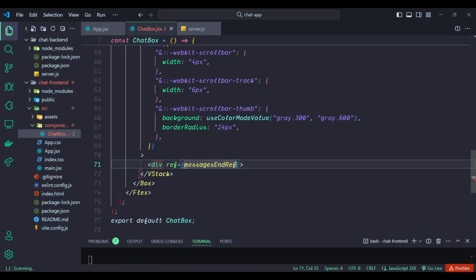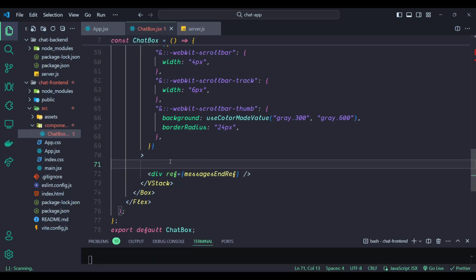Cool. So now, okay, that would be the self-closing div. Now here we'll render all the messages, and at the end of the messages list, this messages end ref DOM is present. That means we can use that functionality, right? Now let's think about when we should trigger this messages end ref. Whenever any new incoming message comes, right? At that time we need to actually trigger that, and we need to view this messages end ref